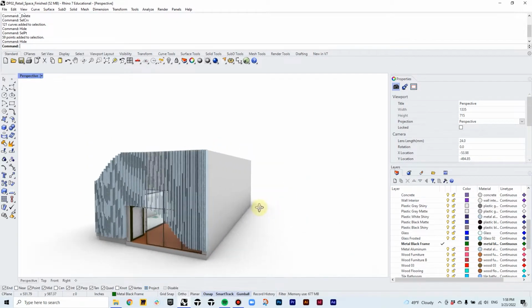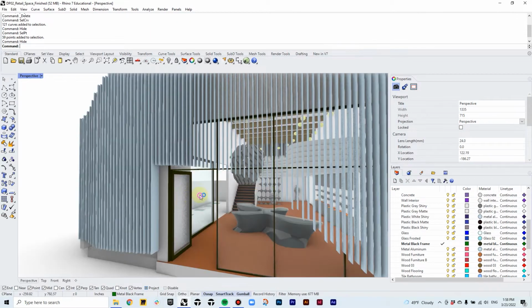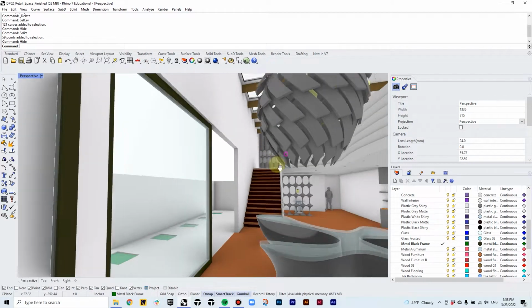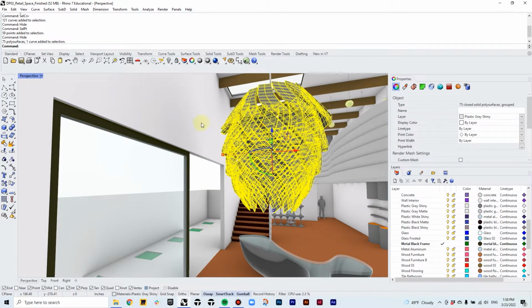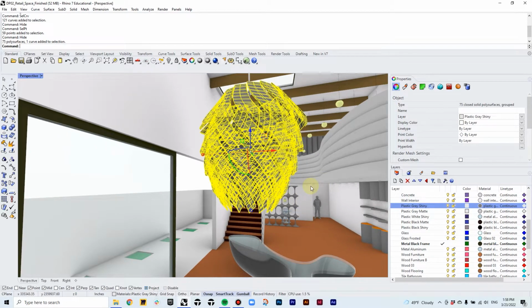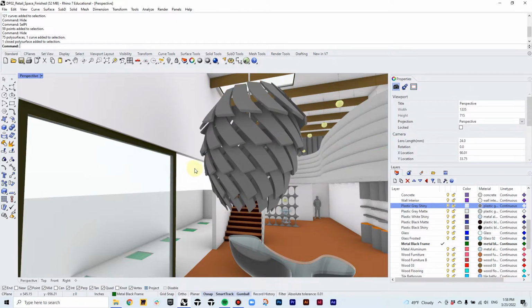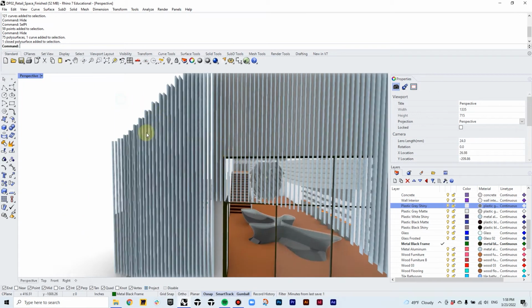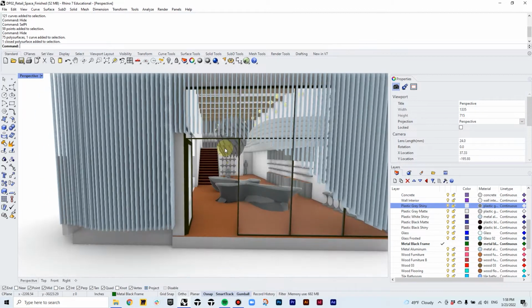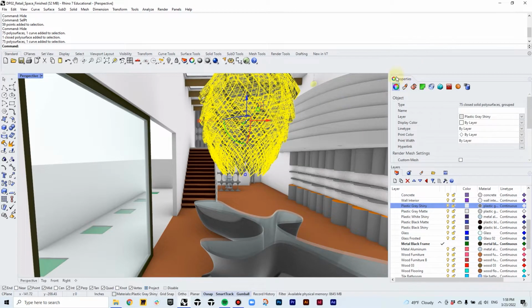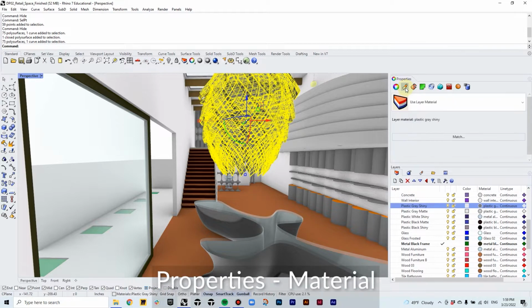One thing that a lot of people get confused about is when you are applying the same type of material to an object on a layer. So it says classic gray shiny is in this layer, and then all of these have unique materials. But when you move it to Twinmotion, it's grouped with something else. I think most of the time what happens is that when you select this object and go inside the properties and look at the material of it,